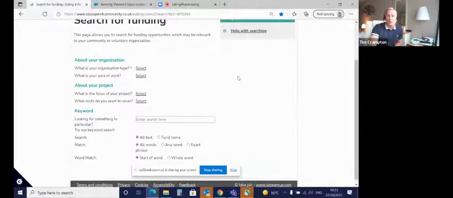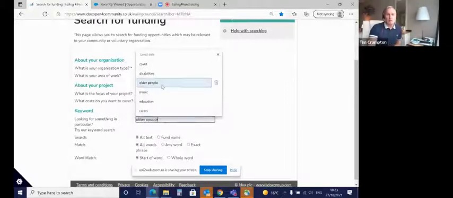It's also where we can do, I'd say, 3 different types of searches. So you've got your browser way, we've done some searches in the browser way, and that's one of the ways you can do it. Now what we're going to do is a slightly different way. What if I wanted to search for a particular term or phrase? If I wanted to look for any grants, and let's say older people,